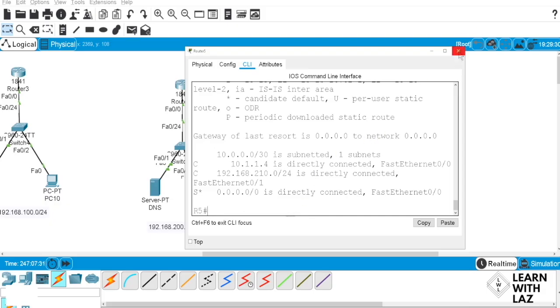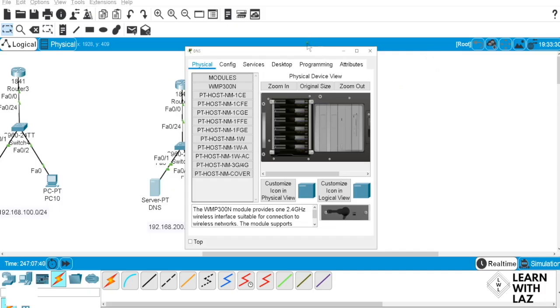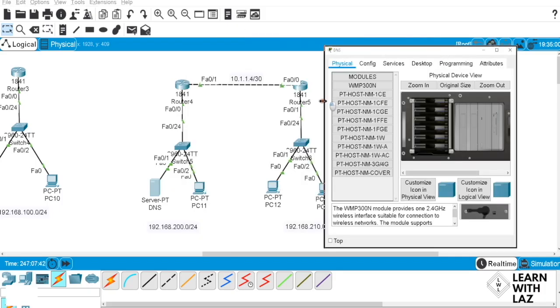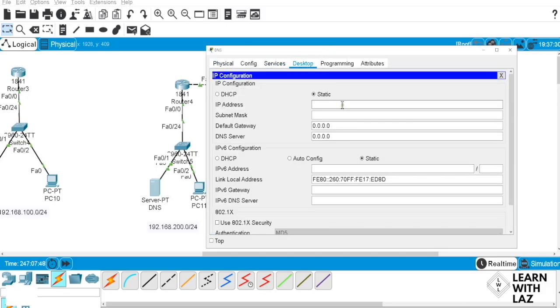All right. Okay. So now we have no IP addresses on the clients, none. But let's give the DNS server an IP address. Let's do that. Because it's a server, it should have 192.168.200.2, and the default gateway is 192.168.200.254. That's the IP address of my gateway. The DNS server is 192.168.200.2. I have my own DNS server.